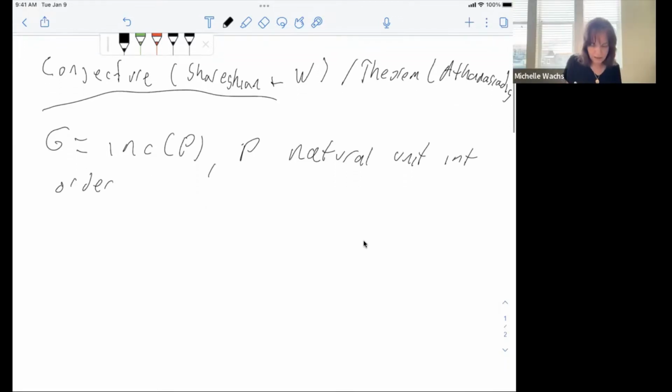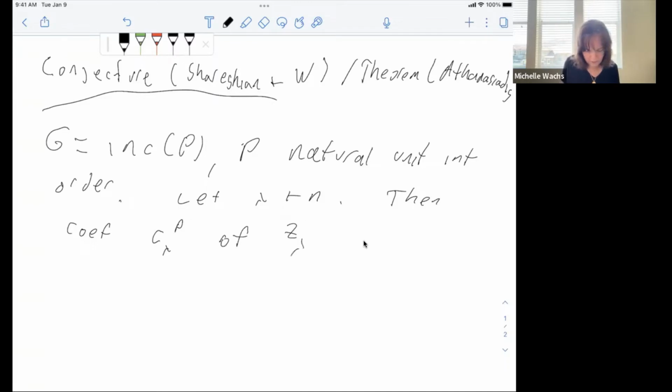So that makes G a natural unit interval graph. Let lambda be a partition of n, then the coefficient C lambda P, is what we'll call it, of Z lambda inverse P lambda in the power sum expansion of omega X G x T